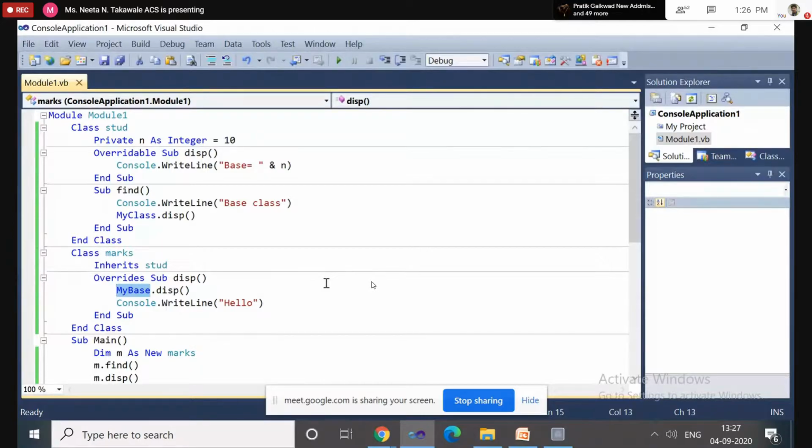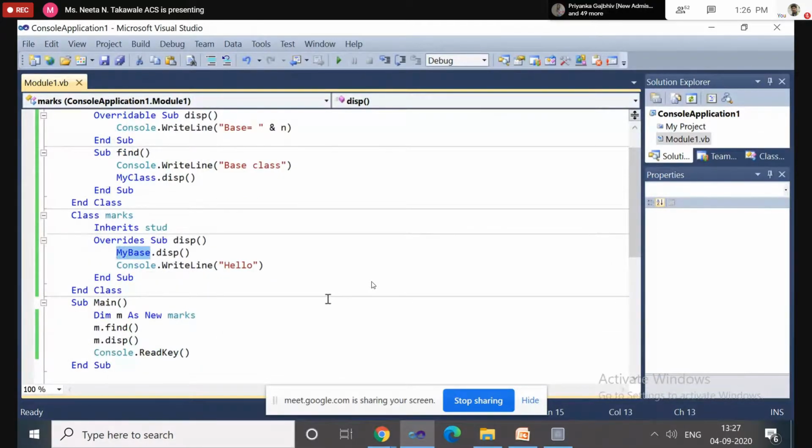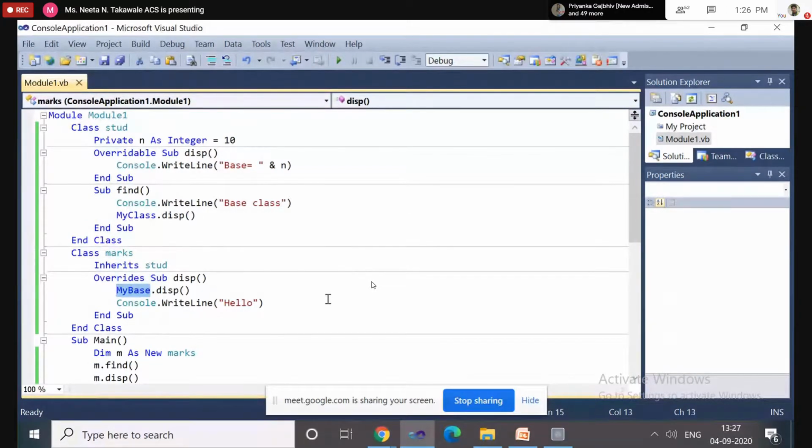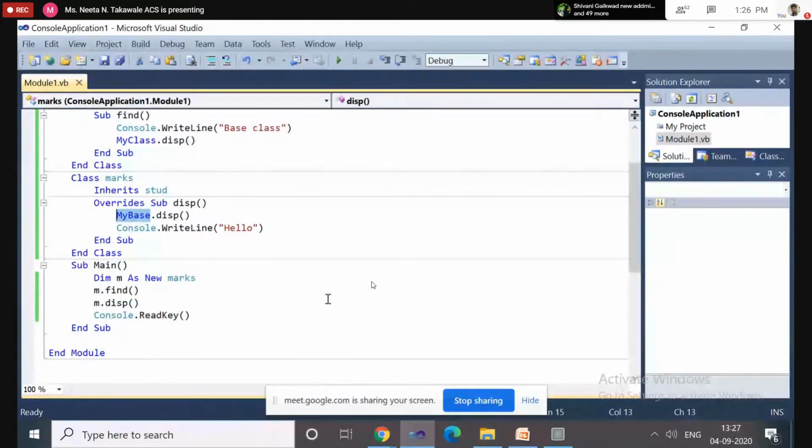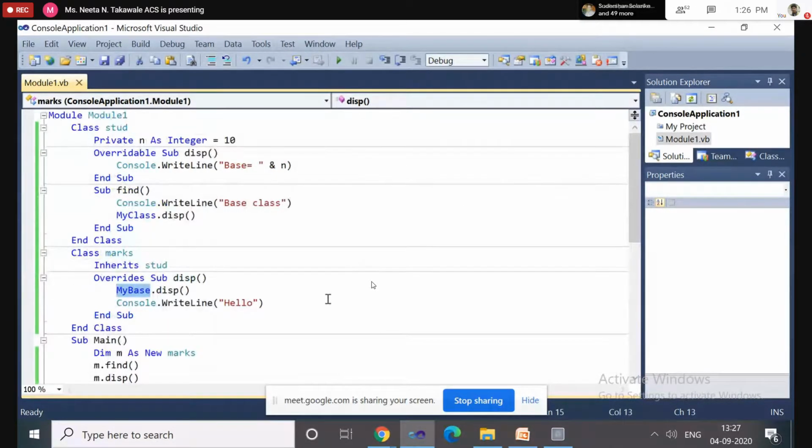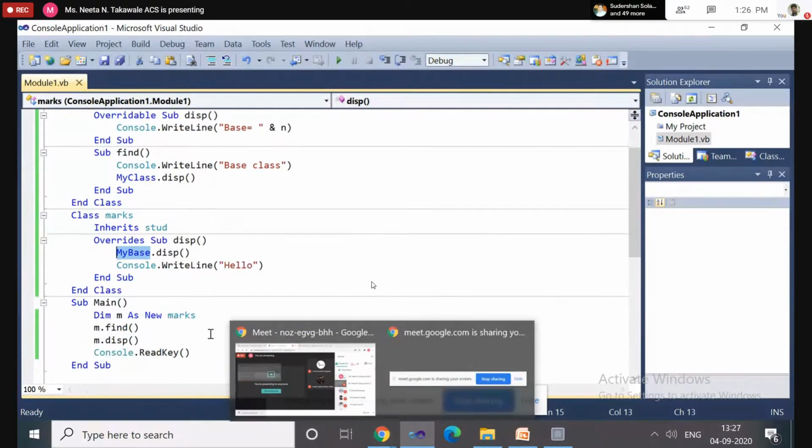Okay, clear? Clear how to override the methods, how to access that overridable methods? Yes or no? Yes, ma'am. Okay, so take a snapshot of this.